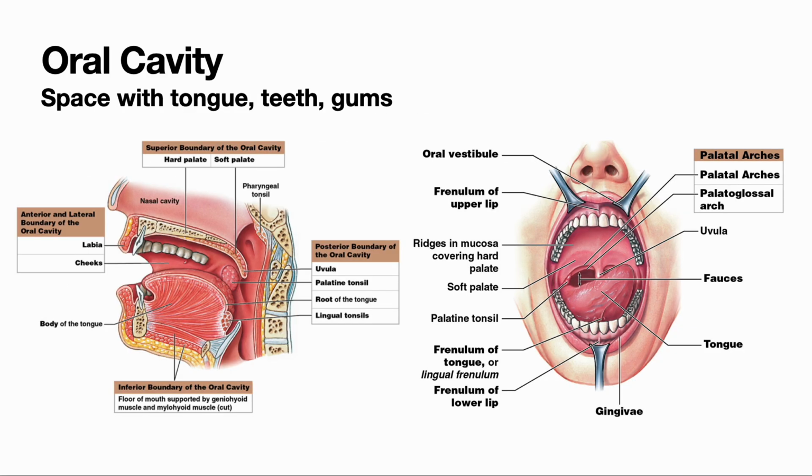The first major organ is your mouth, or what we call the oral cavity. This is the space that contains your tongue, teeth, and gums. And while we're not going to focus on the particulars of the teeth and tongue in this course, I do